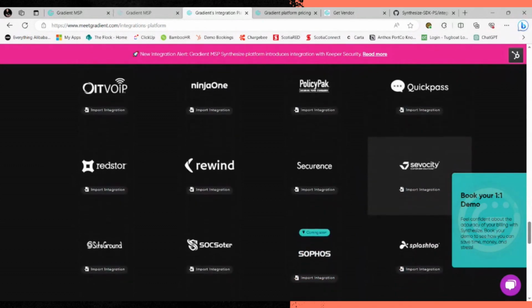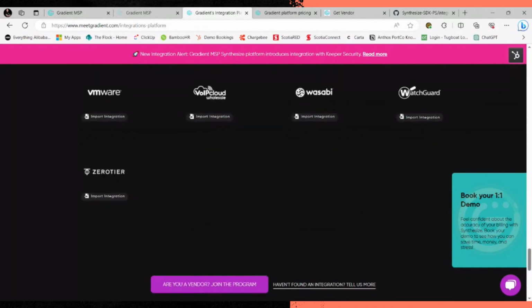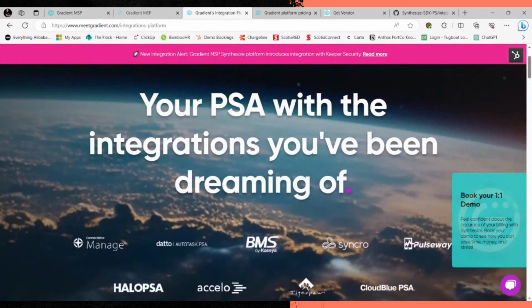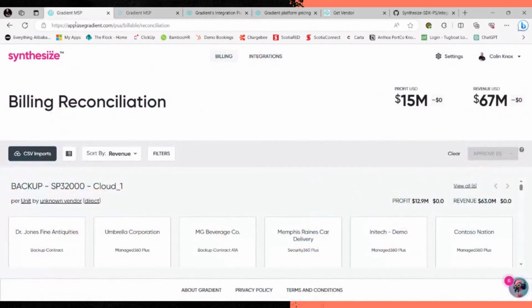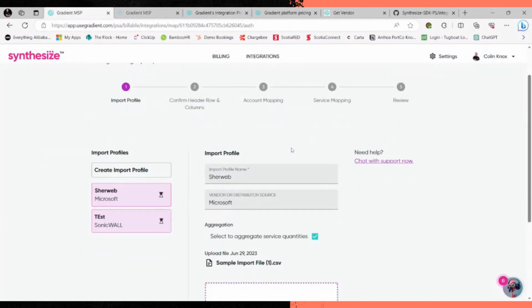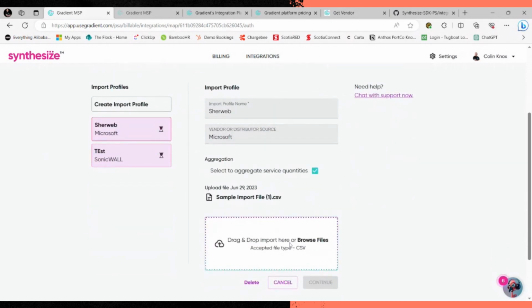So chances are you have about 100% of your stack covered by the system here, whether it's by manual import or by automated integration. So if it's an import, it's as simple as kind of coming through here. So let's go through this and create an import file.